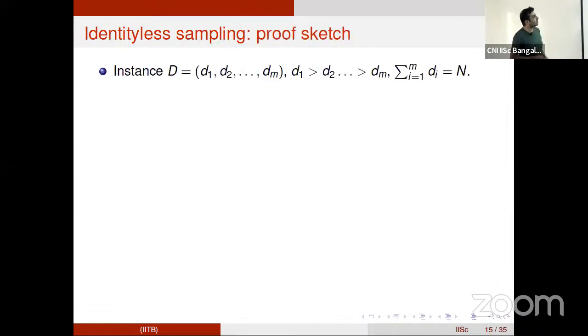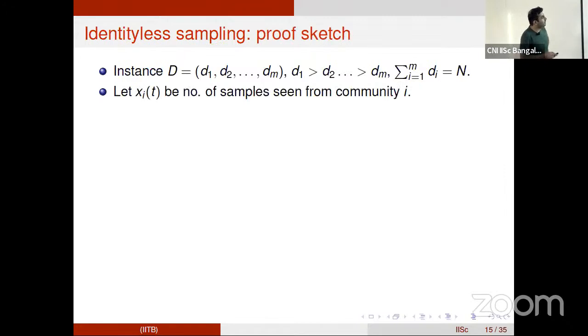So this is our underlying instance, and let's say you took t samples, and Xi,t was the number of samples you saw from community i. The expected number of samples that you see from community i is t times Di by n. So you do expect, at least in expectation, to have the largest number of samples from the largest community.